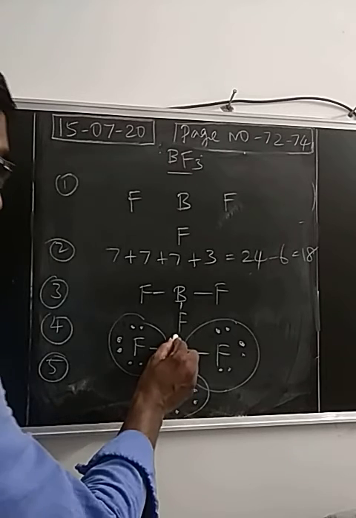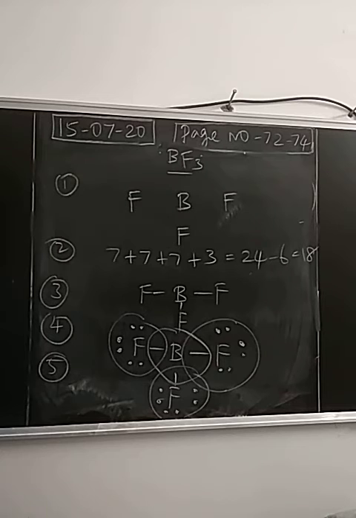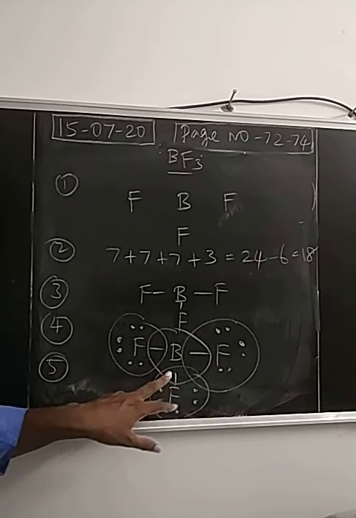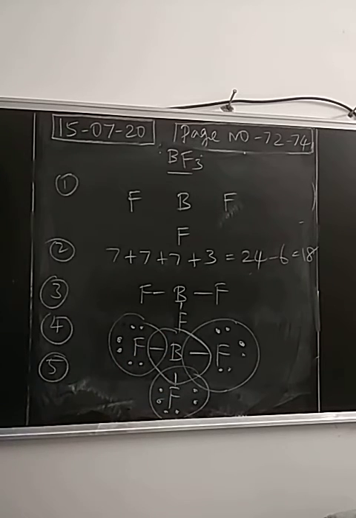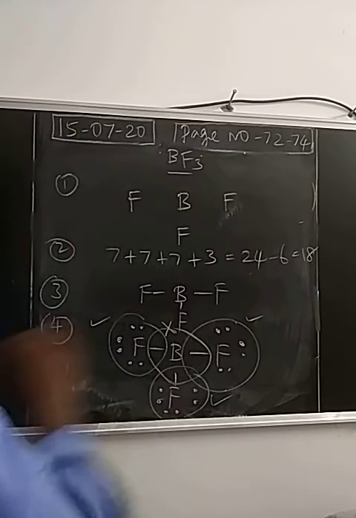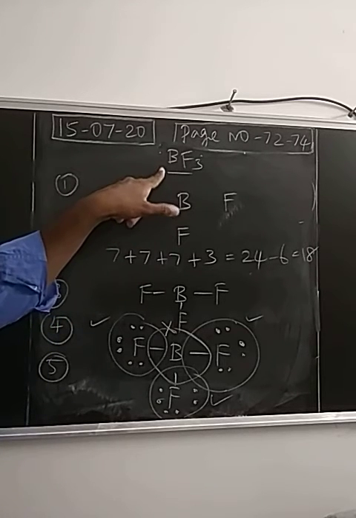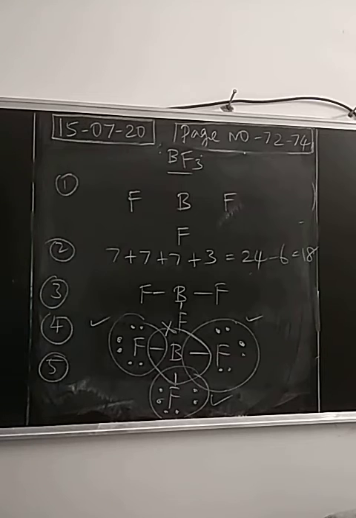What about the central atom boron? It is not stabilized. Only 3 covalent bonds are present around boron, so 2, 4, 6: only 6 electrons are present. So the fluorine atoms are following the octet rule, but the central atom boron is not obeying the octet rule. So boron trifluoride is a molecule in which the central atom boron is electron deficient in nature, so it is not obeying the octet rule. Okay, next one.